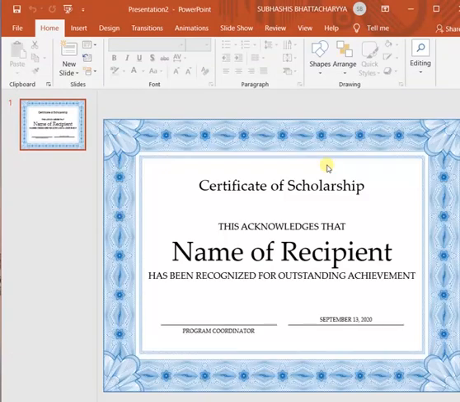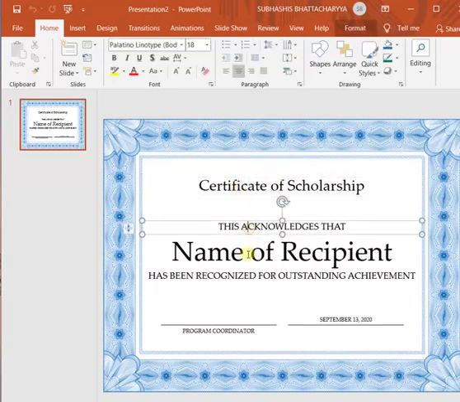okay, I have inserted this certificate template in my slide. See, you can see I don't have to create the design of the certificate. Already a background design has been there, the border has already been given. Then you can see the background colors, background style has already been done here.